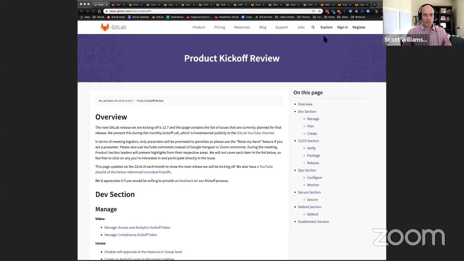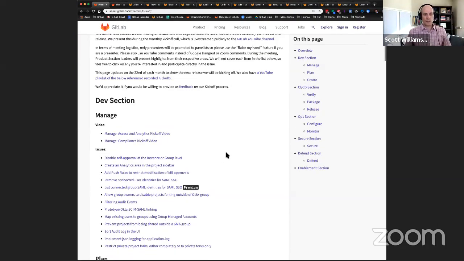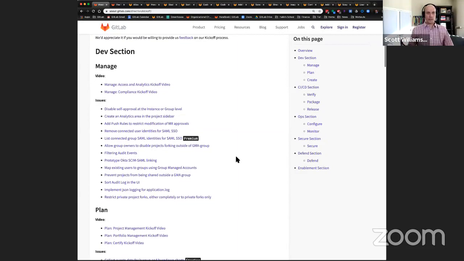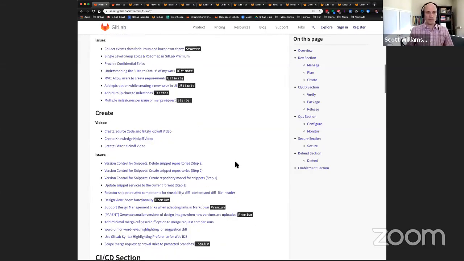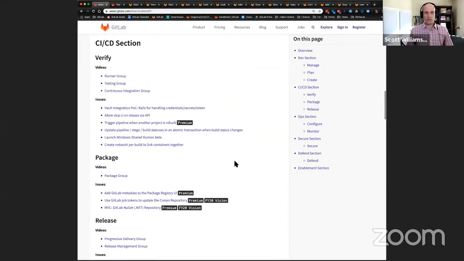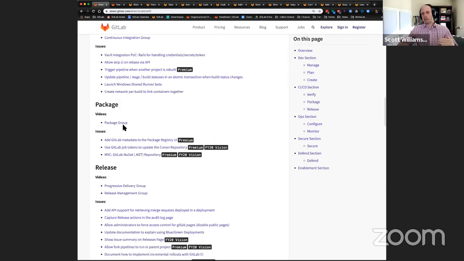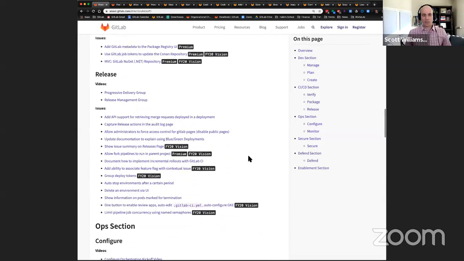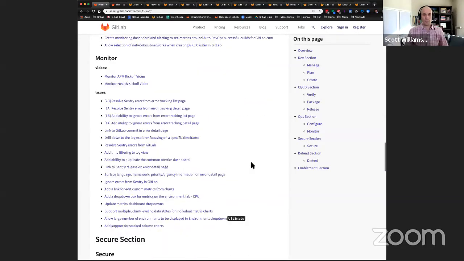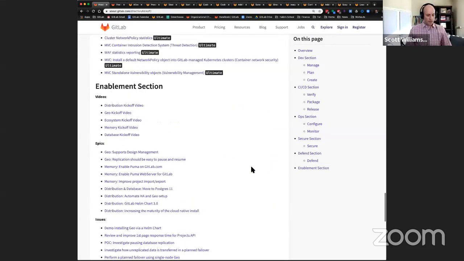As usual, we'll present from this direction/kickoff page at about.gitlab.com. So if you want to follow along with the page that we're on, you can go there. As you scroll down a bit, you'll see we organize this by section and then stage. So dev is a section. We have various stages underneath: manage, plan, create, for example. Each section has videos you can see for a deeper dive on the various groups that we have. You can also dig into specific issues and provide feedback. So we would love your interaction and feedback on the things that we have planned for this release.